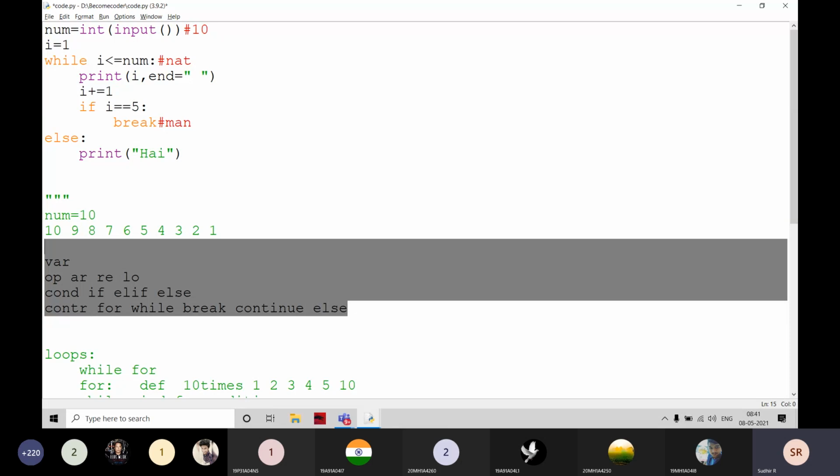Now we are entering into the programming, and we have to solve the problems using variables, operators, conditional statements, and control statements. We are going to solve the problems like this. Is it clear? Is there any doubt in these four topics? Just ask me and I will explain again. Whenever you enter into the programming, you have to clear all these things. Is there any doubt, students? Is there any single doubt, small or big?